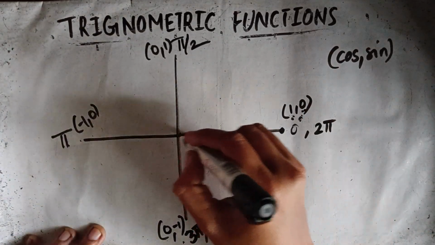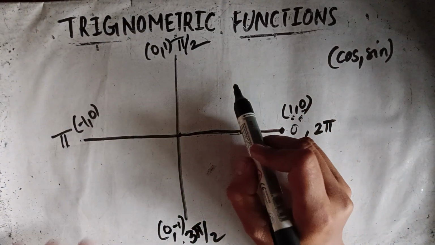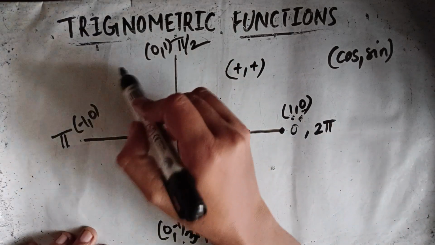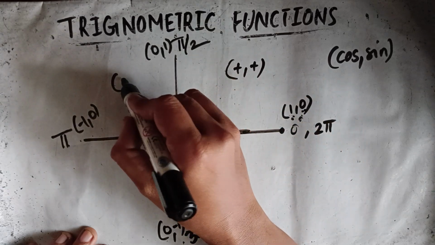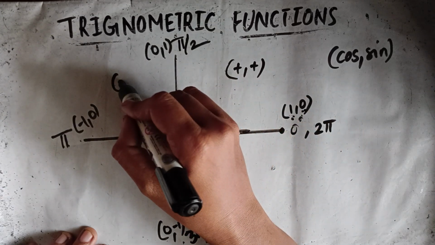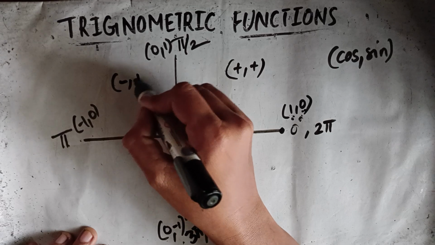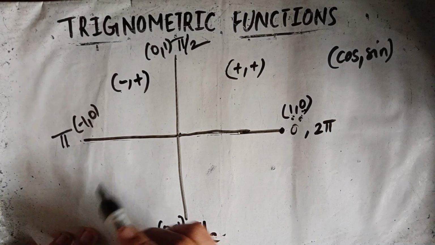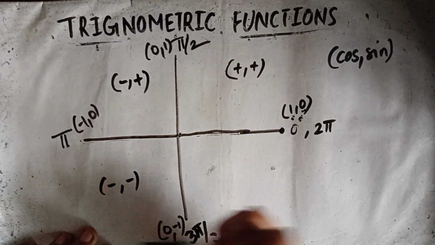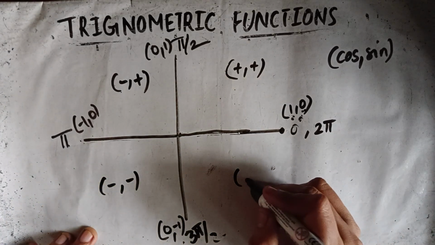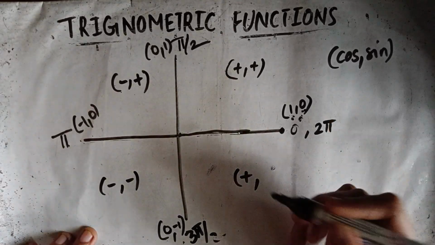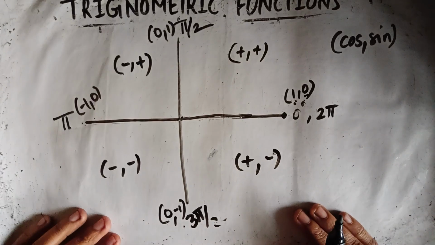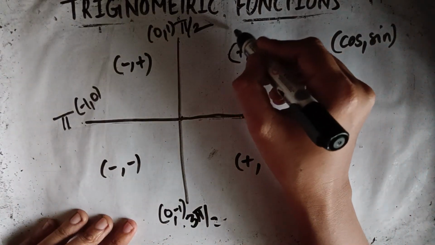Now let's write the signs. For this it is positive, positive, right? For this it is the second quadrant, so negative, positive. Here the x-axis is negative. Here both are negative. And here x-axis is positive, y-axis is negative. Now you have to remember one sentence, that is